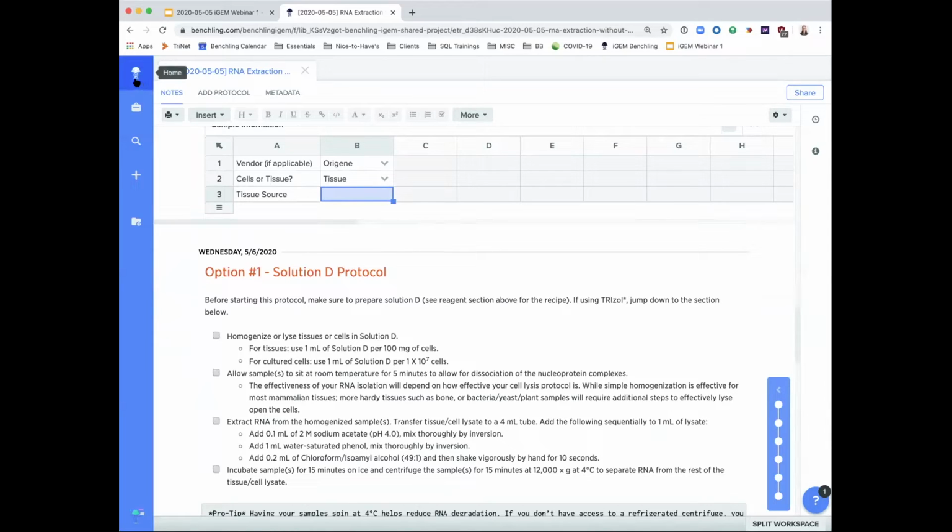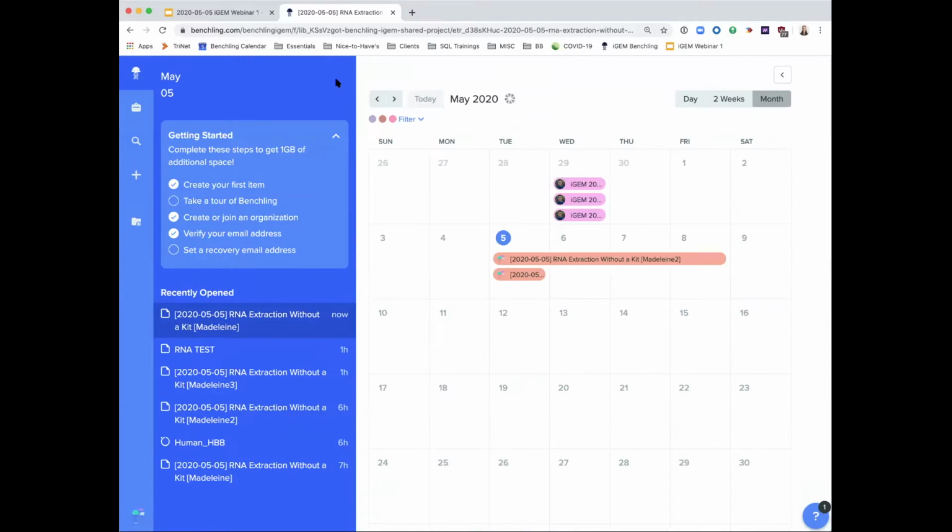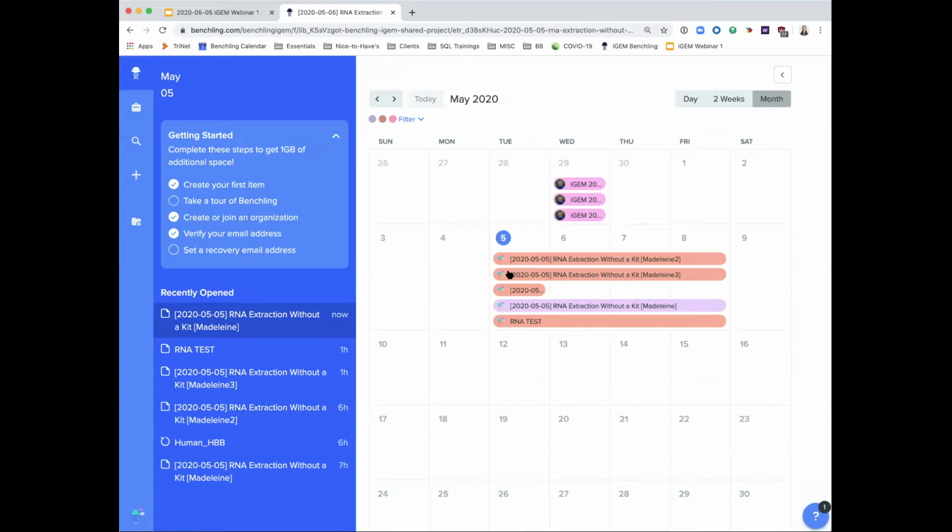And I can navigate to my calendar by clicking on the home icon and selecting the caret at the top of the home panel. I can see entries I've created across different projects or choose to filter by project by selecting this little caret near filter. I can also adjust the view dates in the upper right-hand corner of the screen. You'll see that my experiment